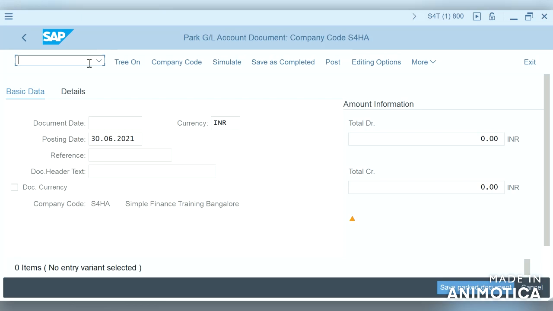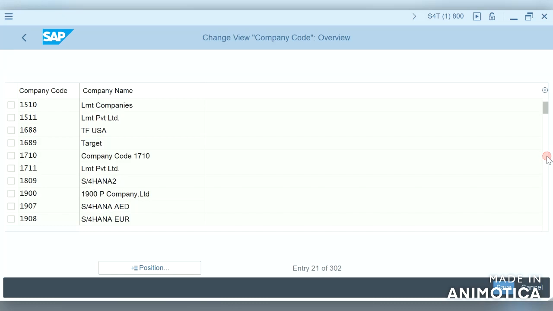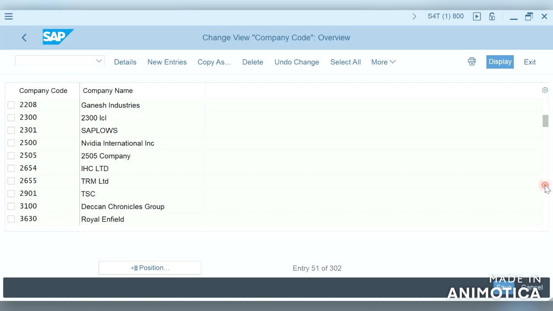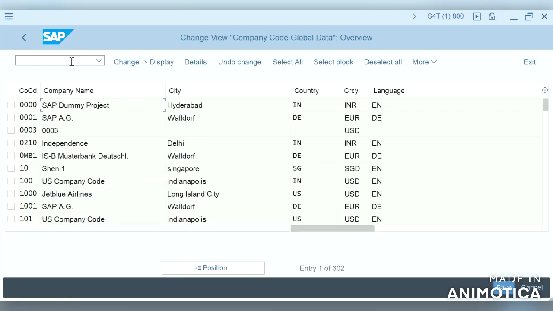How can we check the list of company codes available in SAP? There are three ways. One is the same OX02. If we click on this, we can see a list of all the company codes available. It shows 302 company codes. The other place is OBY6. Even here we can see there are 302 company codes.